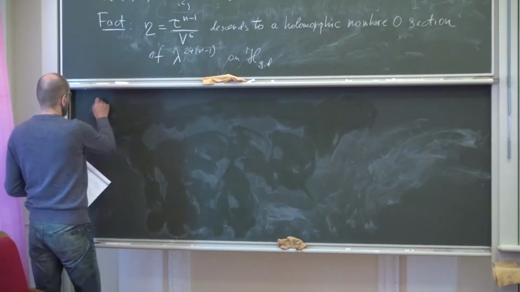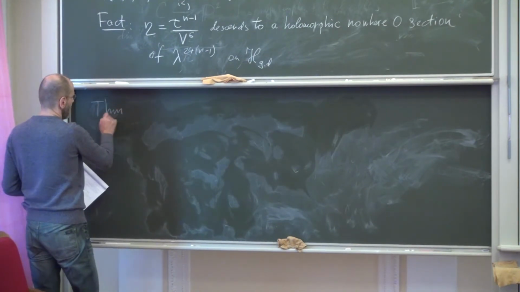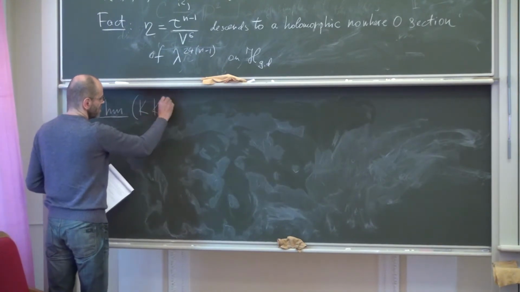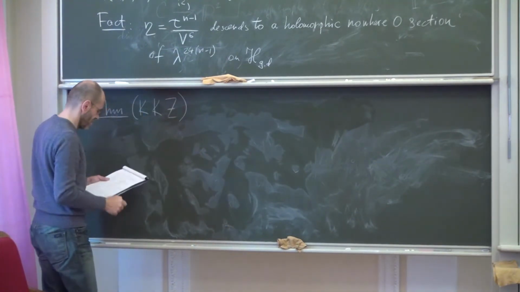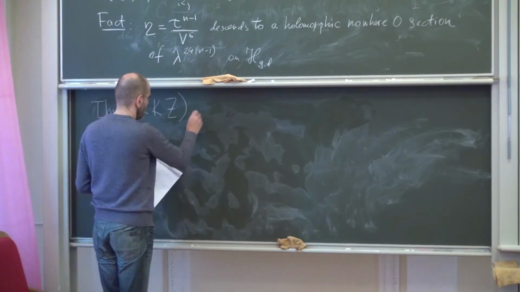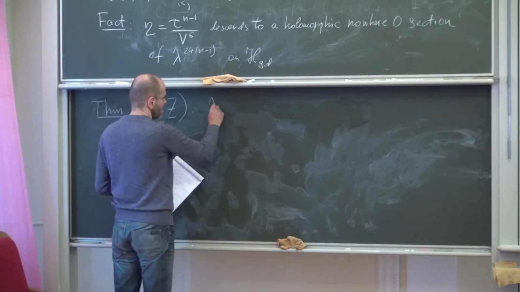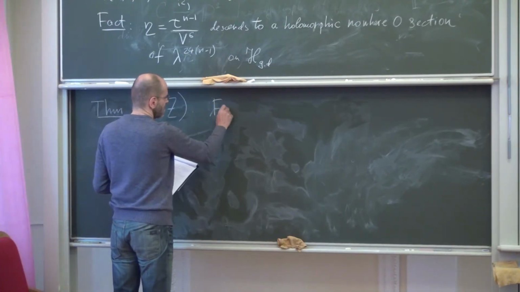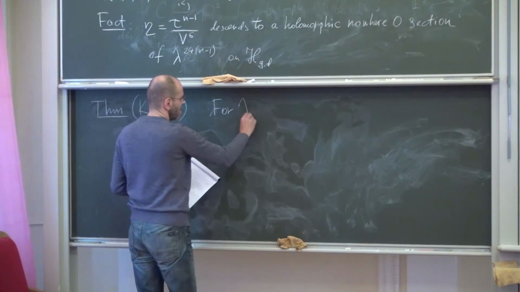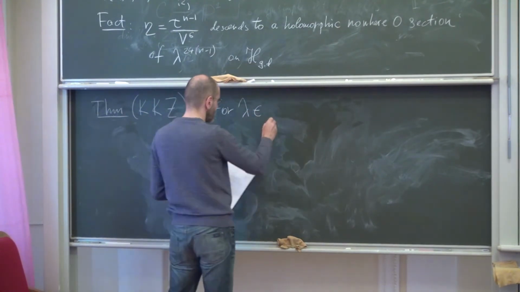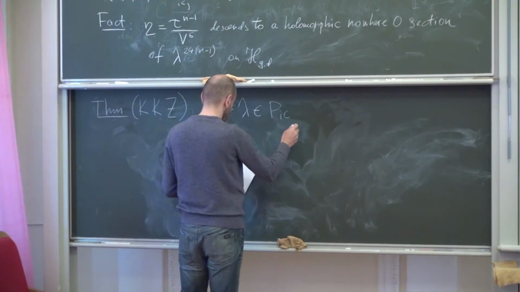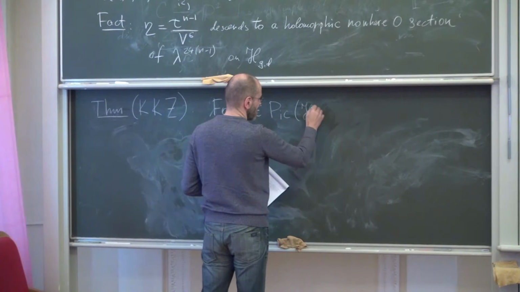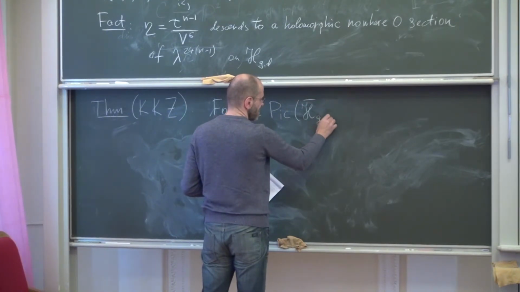So let me call it a theorem. It was proven by Kokotov, Korotkin, and myself some time ago, and it says that the Hodge class, lambda, understood as an element in the Picard group of the space of admissible covers, H bar GD,